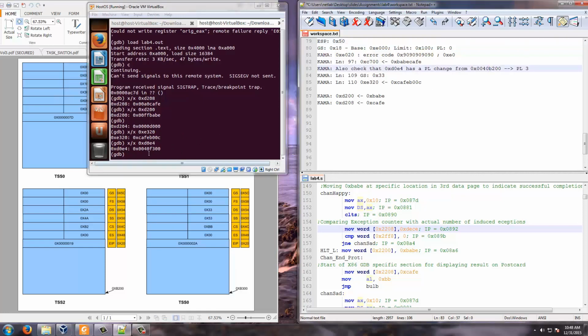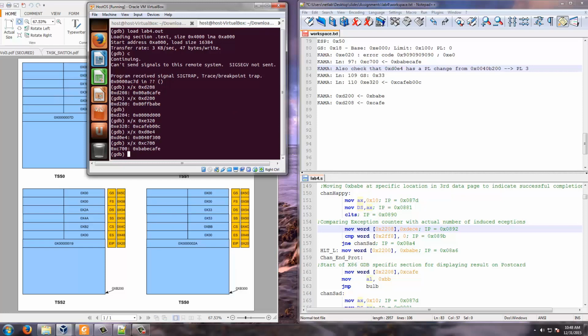And D0E4, your privilege level has to have changed. Note that it was 40B2, now it has become 40F3. F is the privilege level 3, and this access bit has become 1. So this F is privilege 3. I have changed it to privilege 3. Then only that particular instruction would have worked. Now let us see what is there in